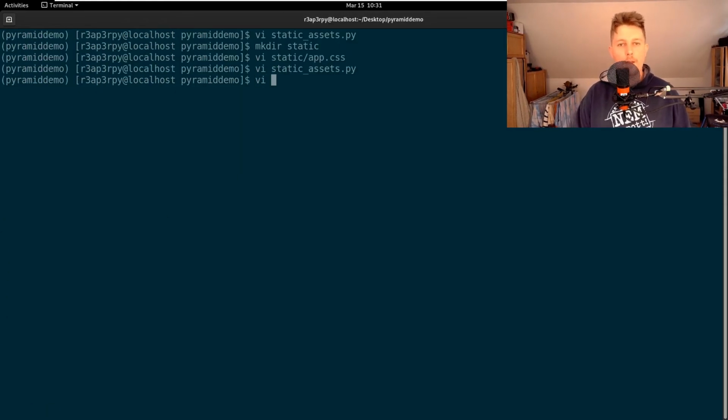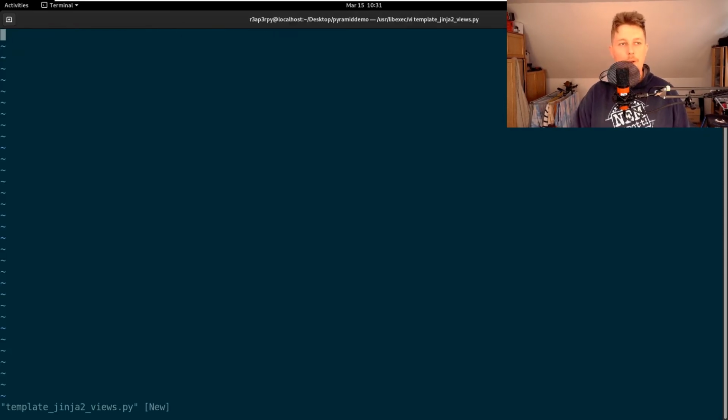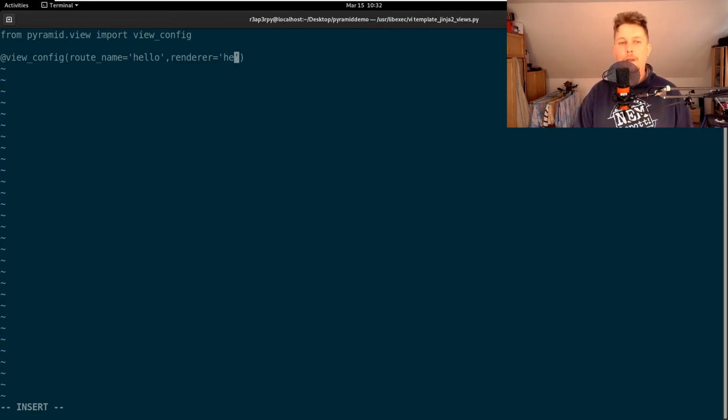So let's do it. vi template_jinja2_views.py, and here what we need to do is to create this from statement, from pyramid.view import view_config, and we will use this decorator and say that the route name is hello and the renderer is hello_world.jinja2, and we will have the hello view function with the request and return the dict